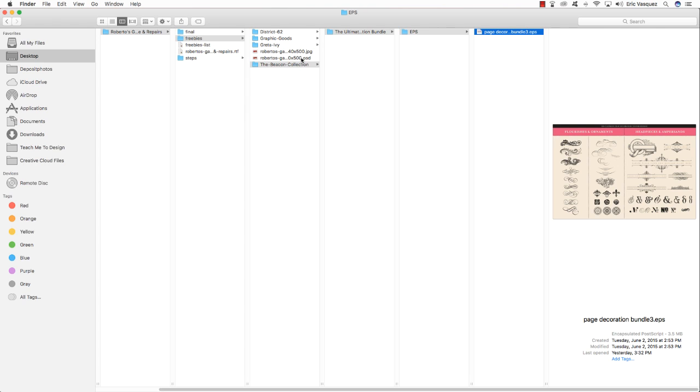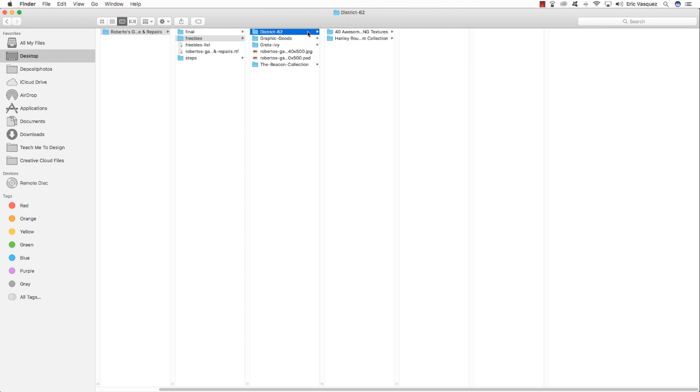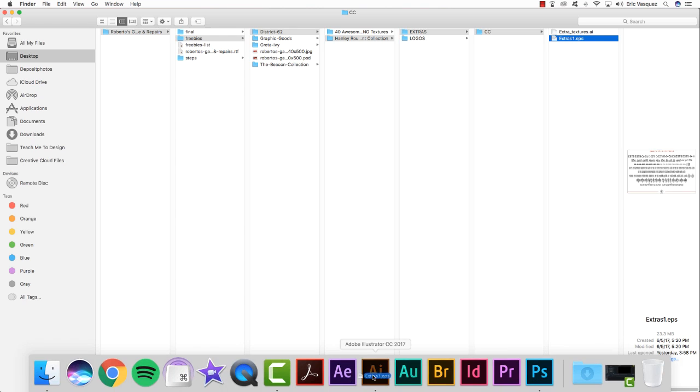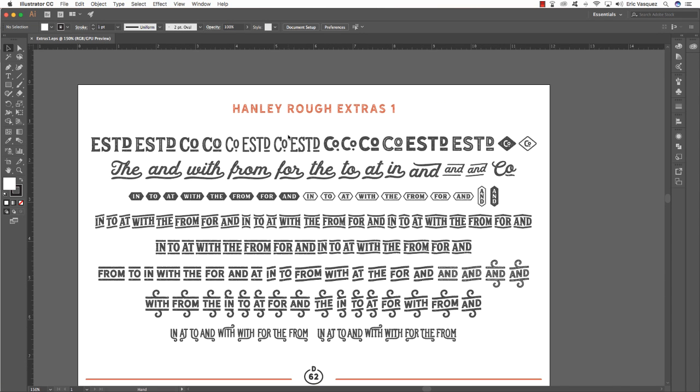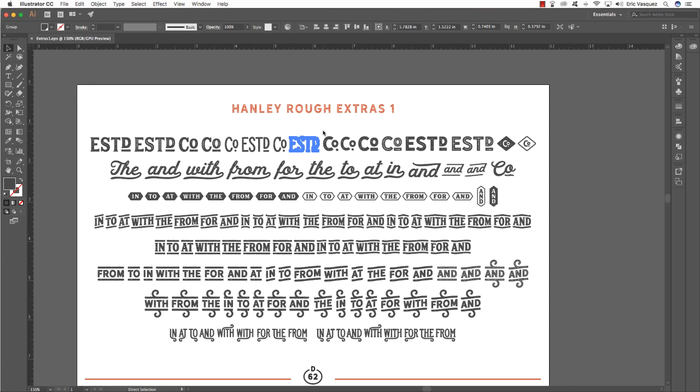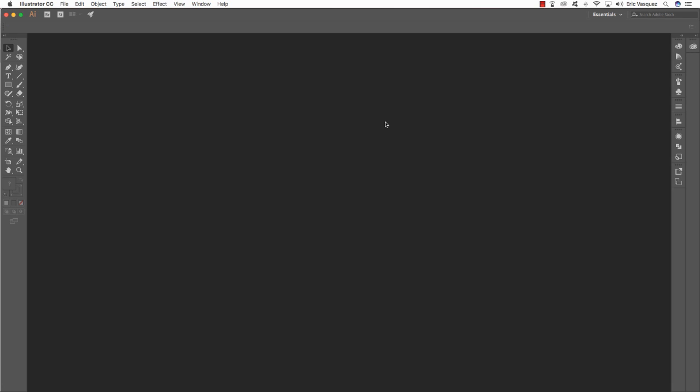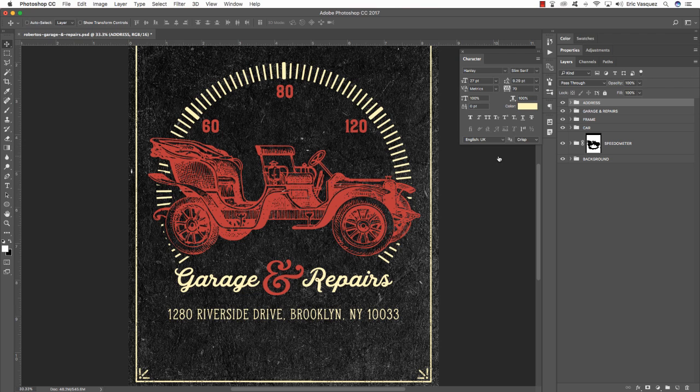I'm going to come back to my Finder, and I'm going to come into District 62, Hanley Rough Font Collection, and this time let's go ahead and grab our extras, extras1.eps, and just pop that open in Illustrator. And what I want to do is grab this ESTD right here. It's the one that has a little bit of a slab on it and it's got a rough texture on top. And I'm just going to cut it, close it, pop back over to Photoshop, and then paste this in